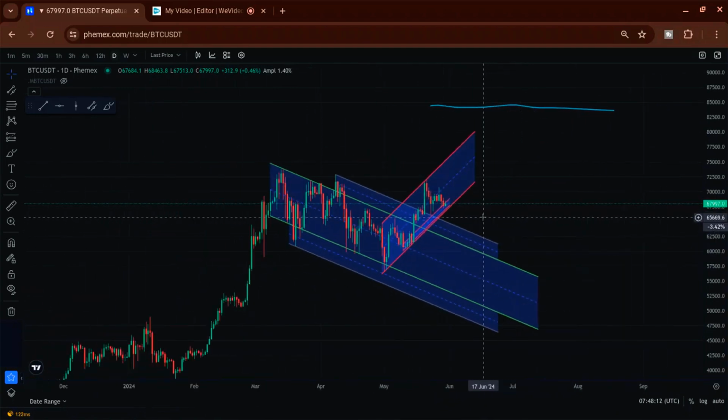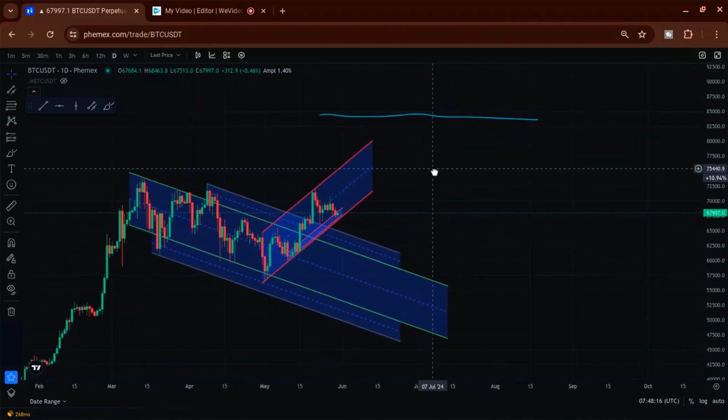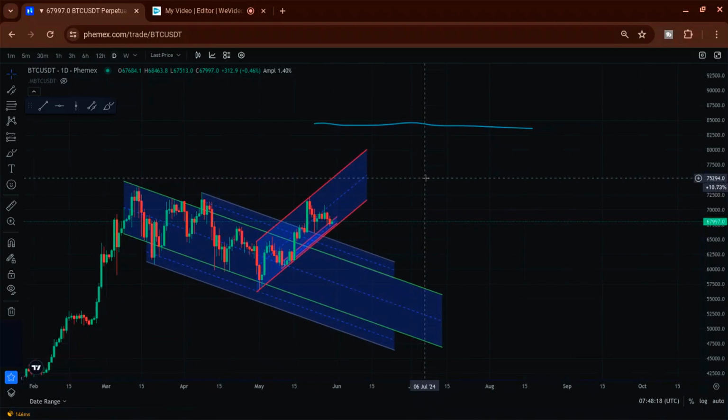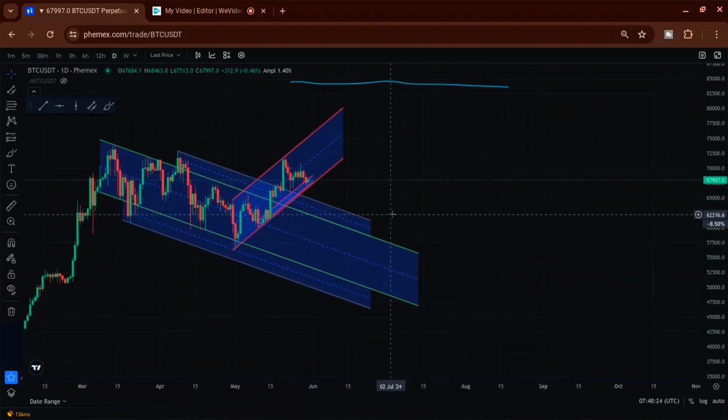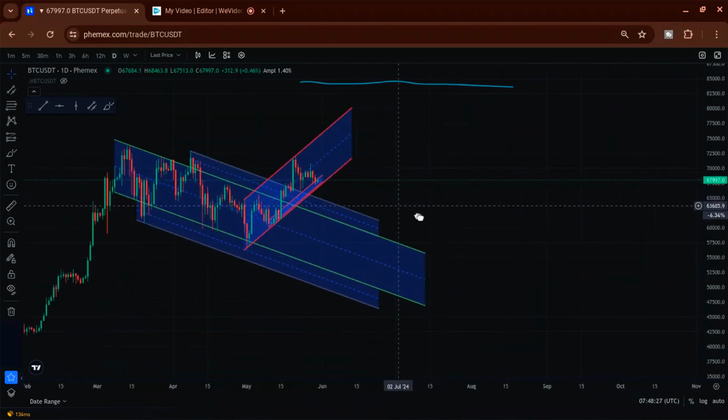Because I do not believe this is the true halving cycle pump. I don't think that's even started yet. So that's good news. But if you're in a big long and high leverage right now, that's bad news, because this could be coming down. And I said I wanted to make a quick video, but